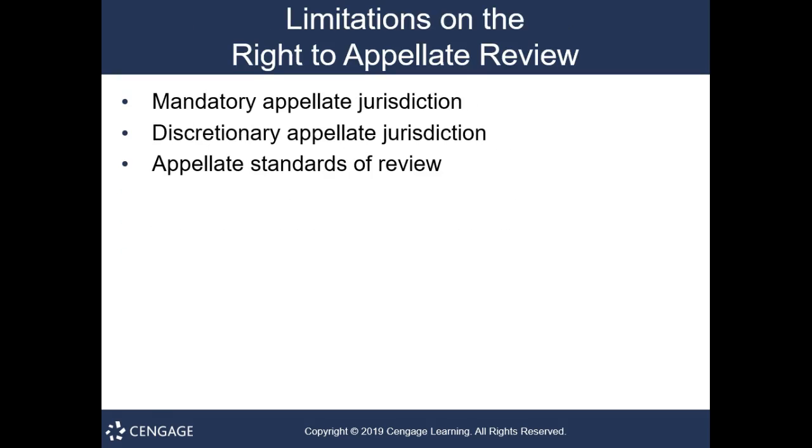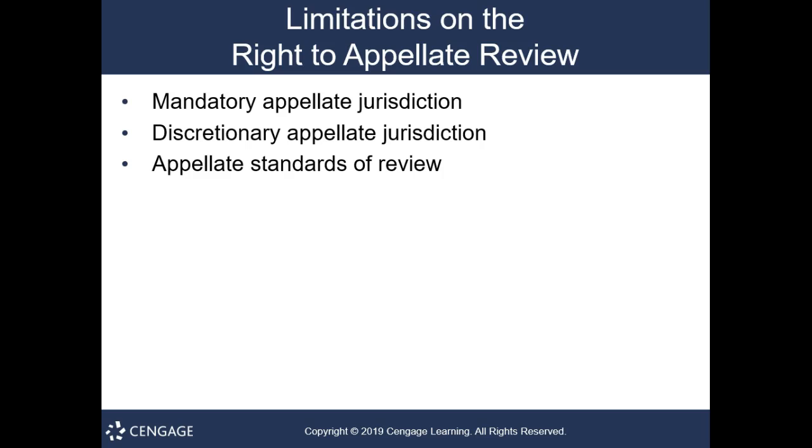Let's look at limitations on the right to appellate review. First, there will be mandatory appellate jurisdiction when, of course, everyone has a right to one appellate court, whatever that court may be, whether it's the intermediate appellate courts or the Supreme Court. You have one right to appeal, and if you ask for an appeal, which is why you have to file a piece of paper that actually says you want to appeal your case, that's very easy to do,